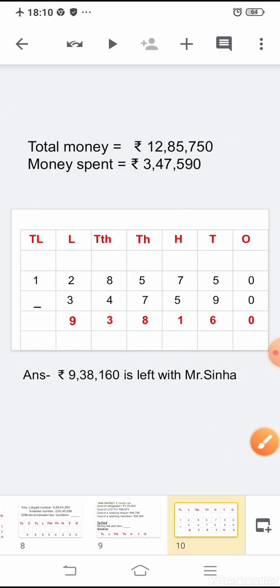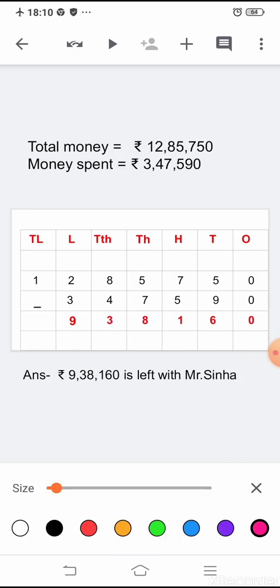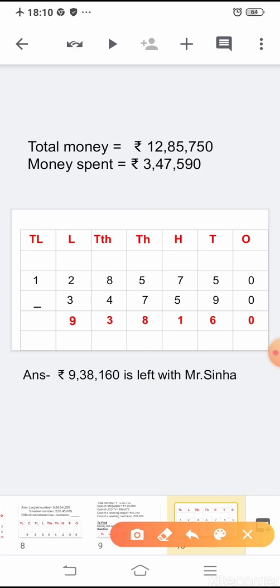The total amount he had was 12,85,750, and after adding the cost of all the items, you will get the amount spent, that is 3,47,590. Now when you subtract the amount spent from the total amount, you will get the total amount left with Mr. Sinha, which is